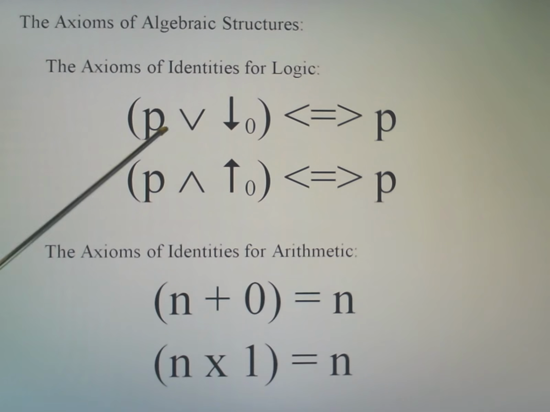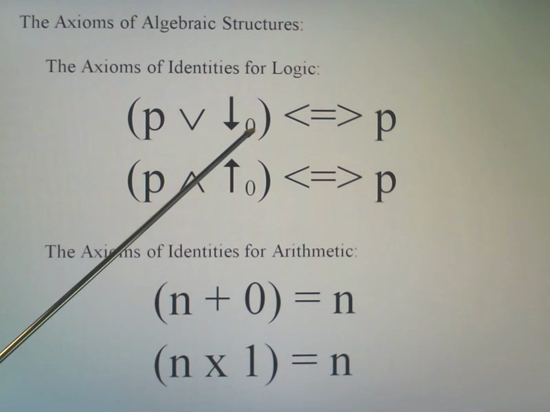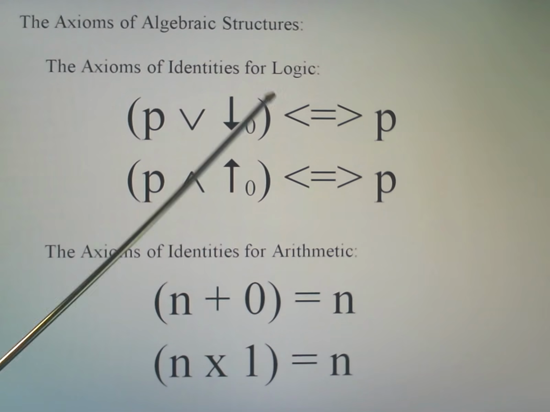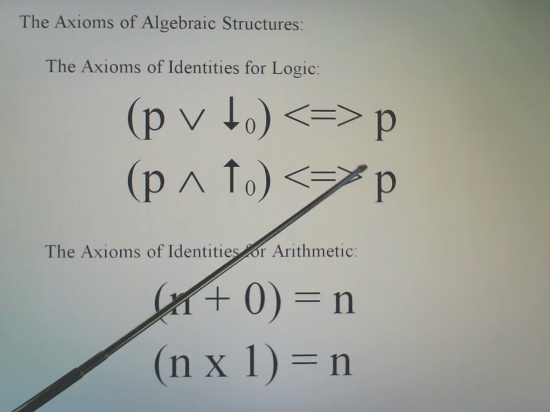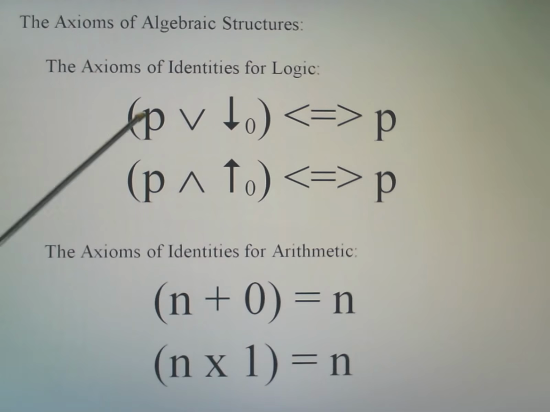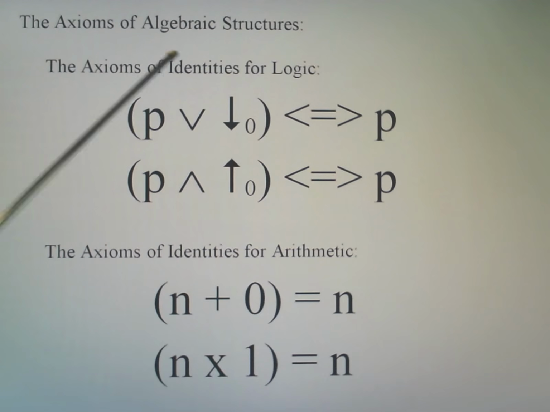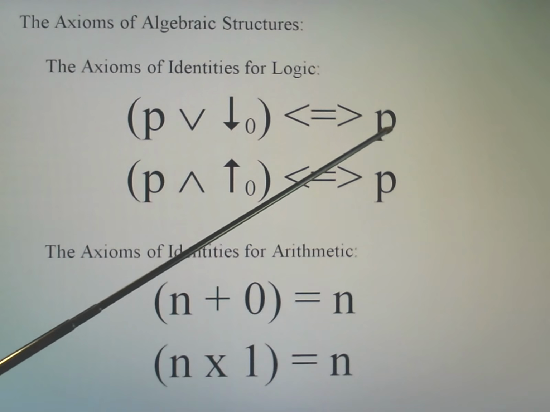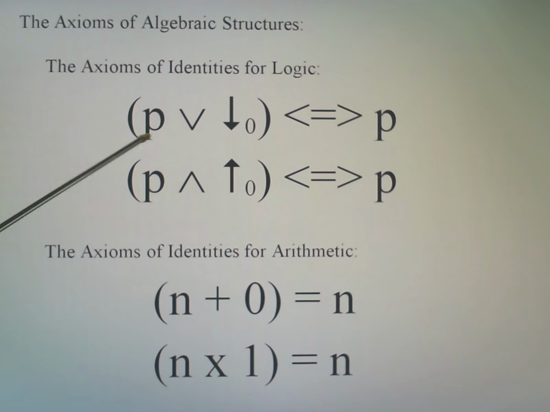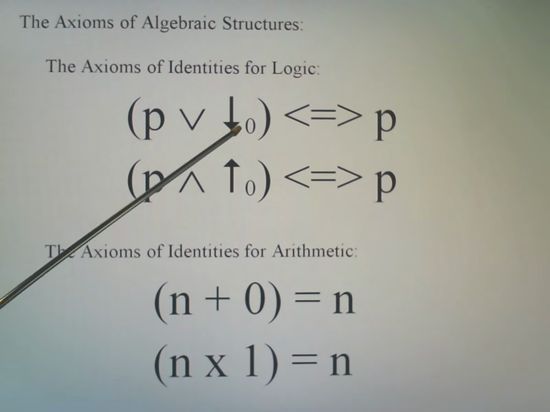If this is true, then even with this false, we have a true statement, and so the value of the expression is the value of P, as we see here. And of course, if this is false, we have two false statements, which makes the whole thing false. And so ultimately, the value of the whole expression is equal to the value of the single variable P, and that is basically using the identity element for OR.